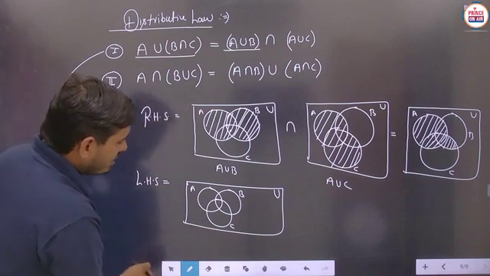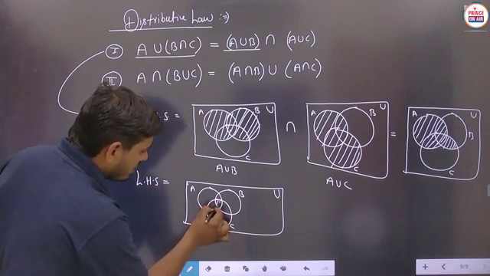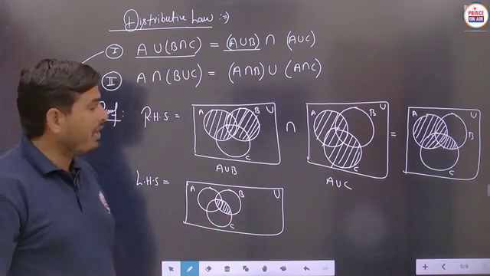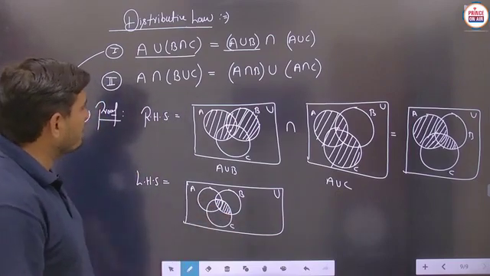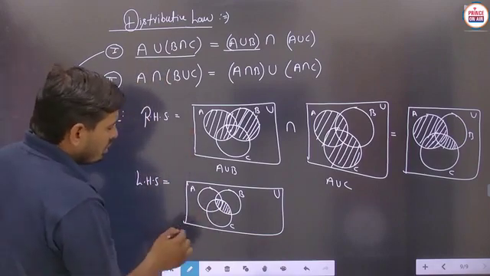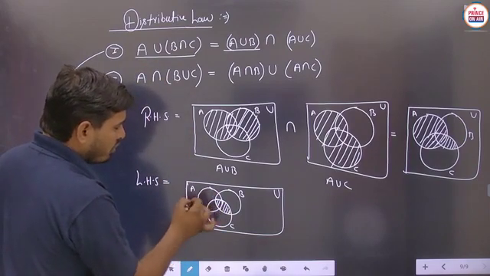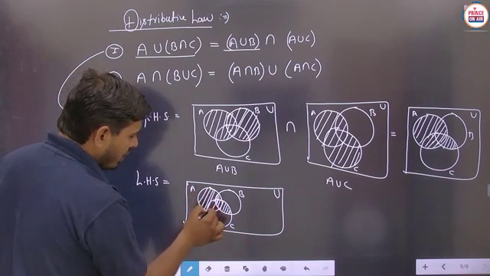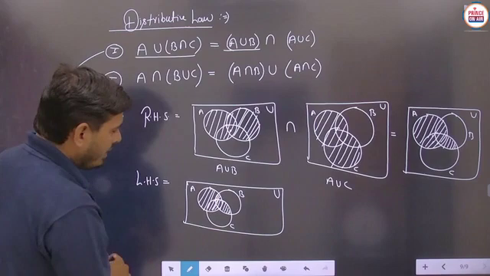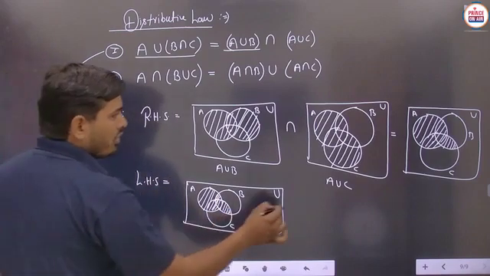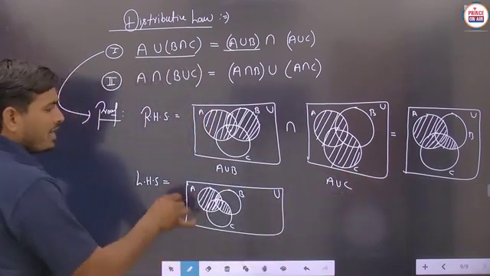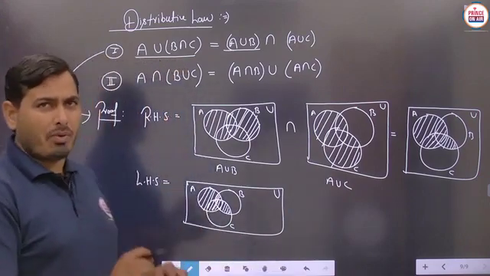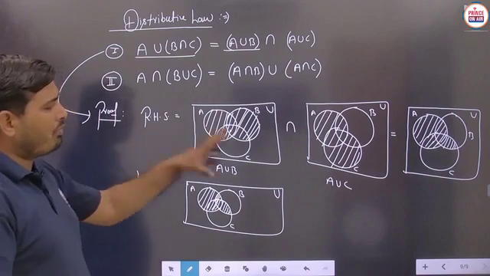So B intersection C means you are taking this part. This particular part will be B intersection C, the common part of B and C. Now A union means this whole set A is to be also included with this part, means we have to also set this particular part of A, where all the elements of A will lie. So now students, you can check whether this left hand side and right hand side are the same or not. So definitely students, you will get the same answer. So such types of expressions get proved with the help of Venn diagrams also.